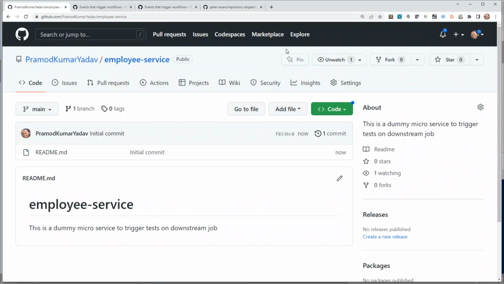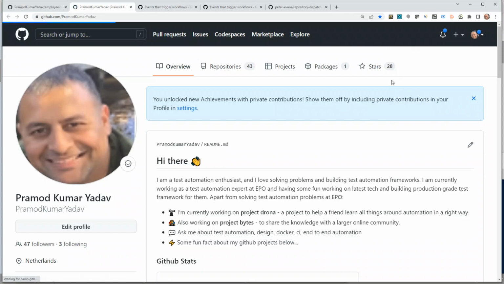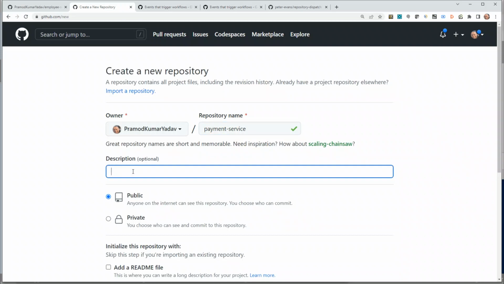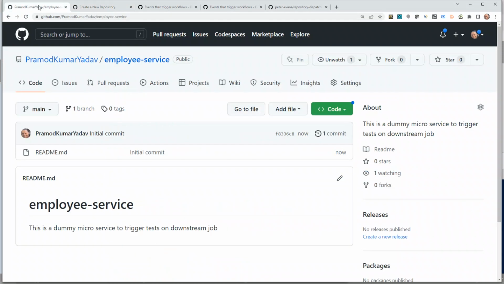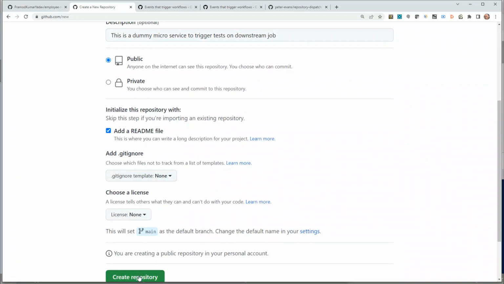and let's also create another repository. Maybe open link in new tab, and let's call this a payment service, right? So in a real world scenario, this would be your application's real microservices, and we could probably copy paste the same name. What was it here? Dummy microservice to trigger test on a downstream job, right? So let's put this here, add a README file, create repository,